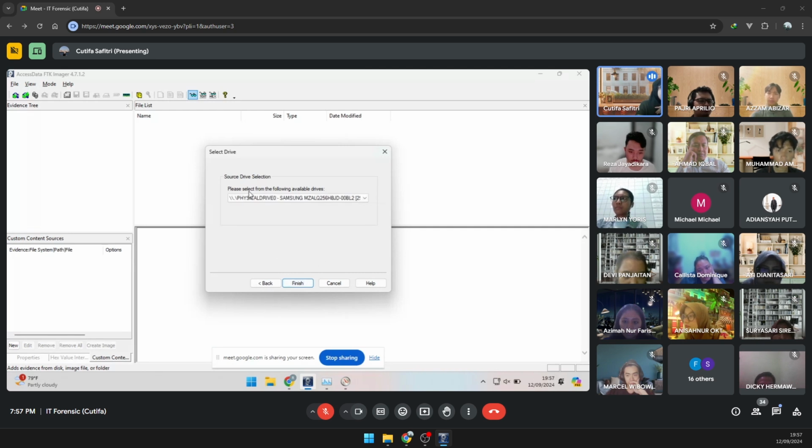And then in here it is asking, where do you want to perform an imaging of the evidence? So what is the evidence? My evidence is a USB, SanDisk Cruiser. So imagine that you are an investigator, you found a camouflage device or a USB from the crime scene and you wanted to perform an investigation. But again, we cannot perform an investigation from the real device, so you have to make an imaging.